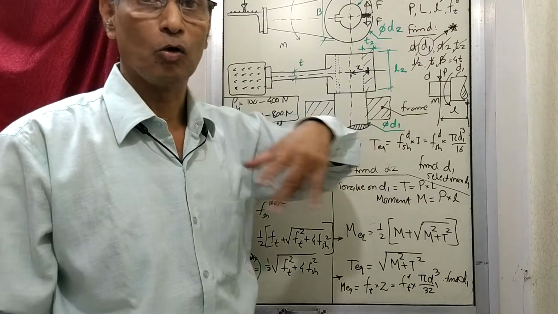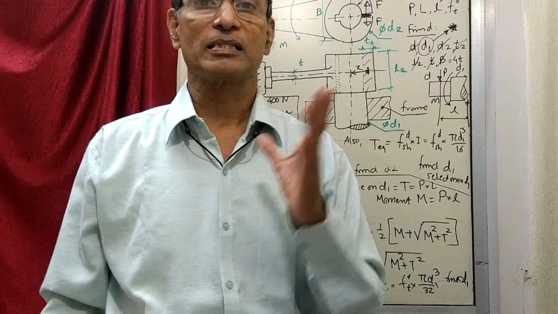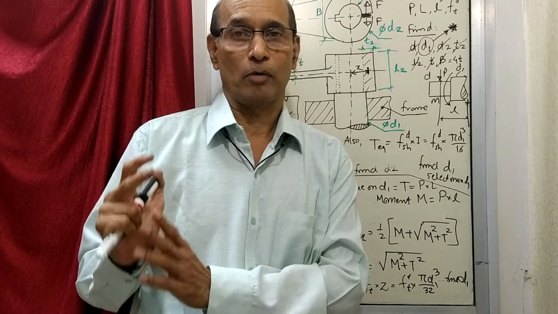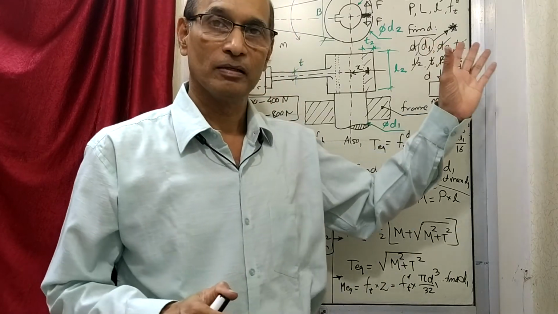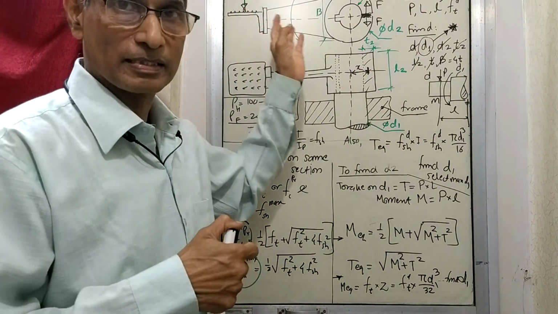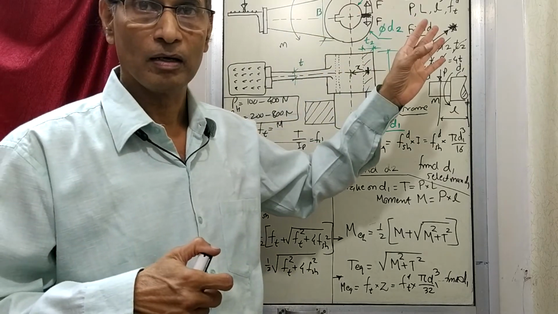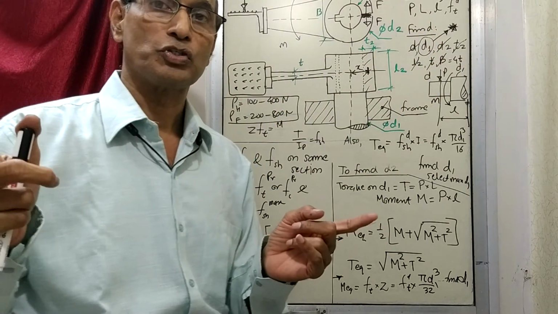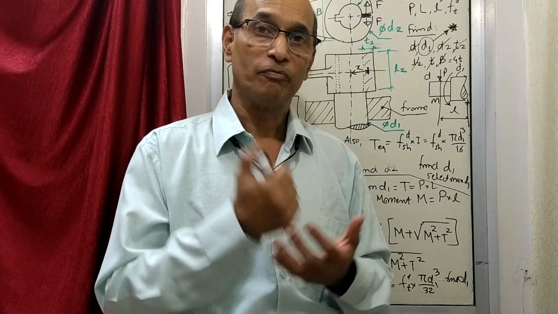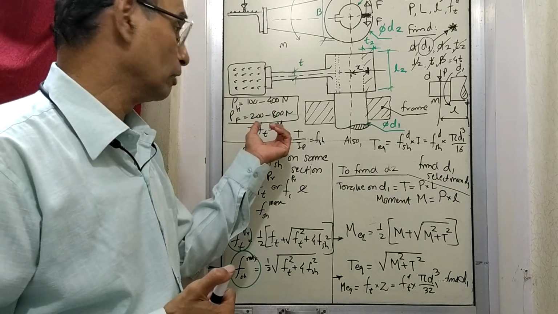But otherwise, in day-to-day life, if you are designing something as a real-day problem, not as an academic problem, where many things are given, in that case you have to find out how much is the force that is going to be acting on this. That will depend on whether you are designing a hand lever or a foot lever. According to that, from the ergonomics chart, you will find out the value of P to be taken. If it is hand, what will be the value? This. If it is a foot, the value will be this.